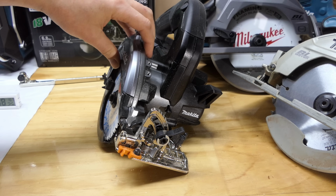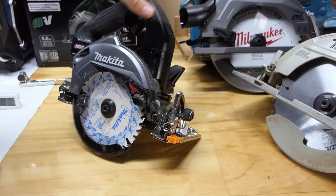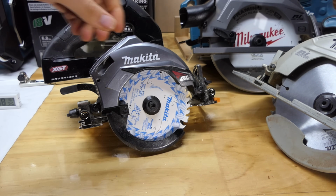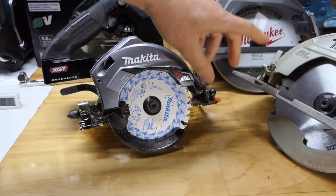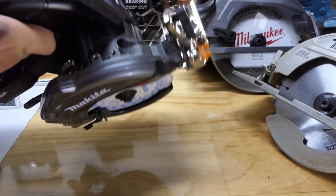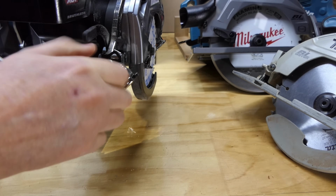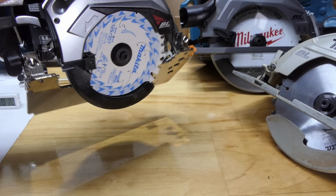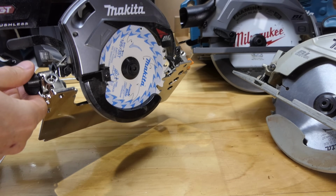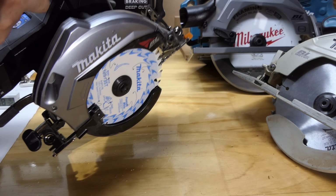So to bevel this base in the opposite direction to the way you would normally do it, you have two knobs. We have one at the front and one at the back, so that's good. Locks front and back. Most just have them on the front. These other two saws sitting over here only have them on the front. So normally you would tilt like that, tighten her up, tighten her up. There's your 45-degree bevel there. But if you want to go up against the wall, you need it to bevel the other direction. So you loosen these off,